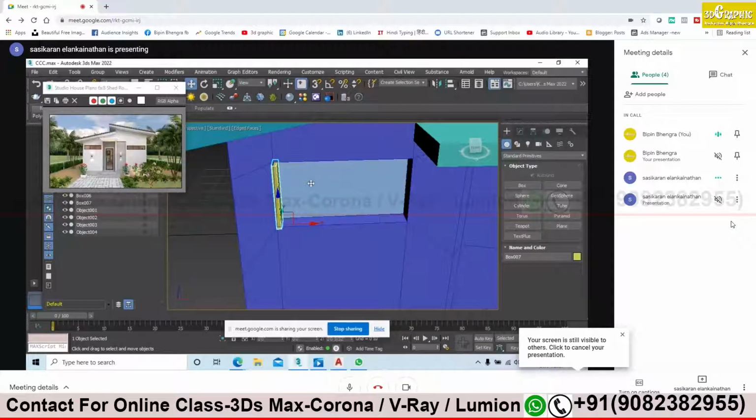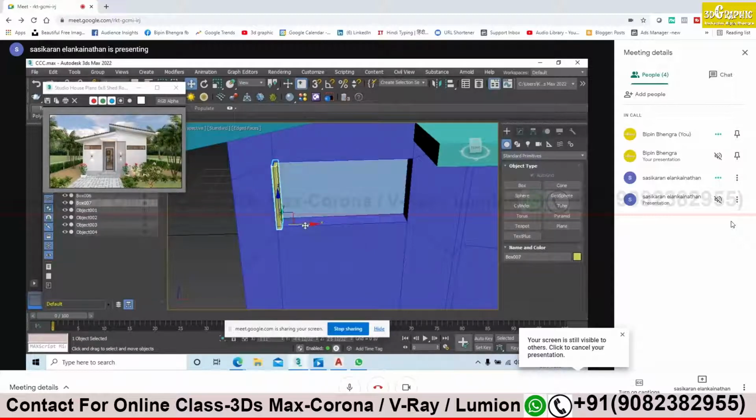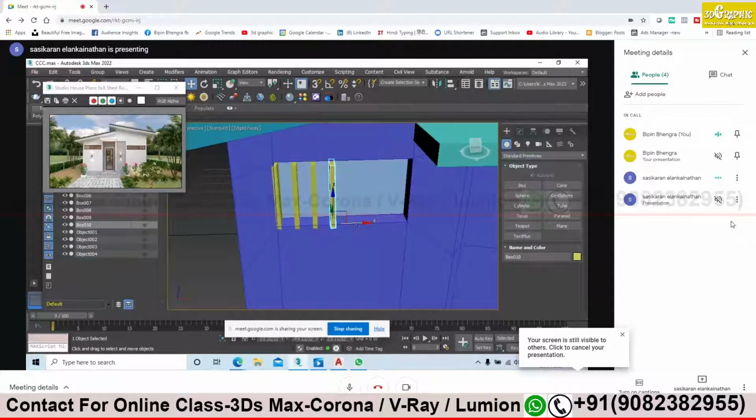Press shift, drag on one direction, not that direction. X axis, no? Control Z. Cancel, cancel. Yes, click on the arrow sign. Make three copies, no? Yes, adjust that now.